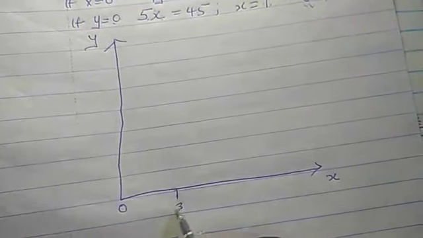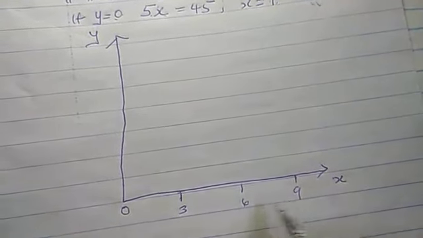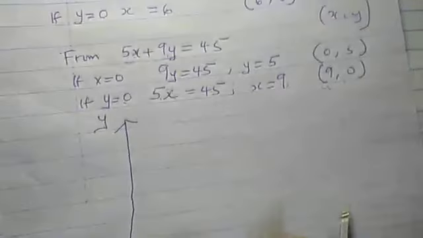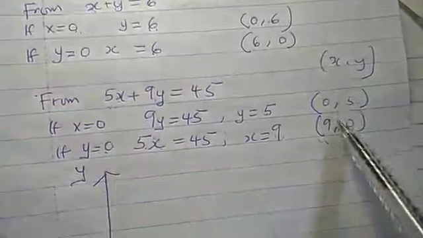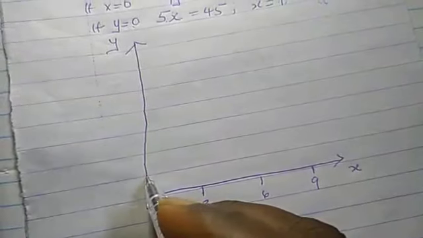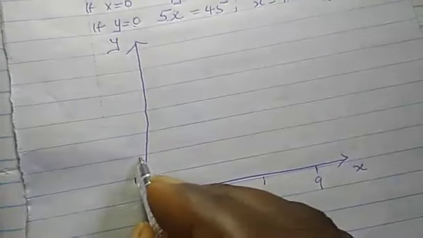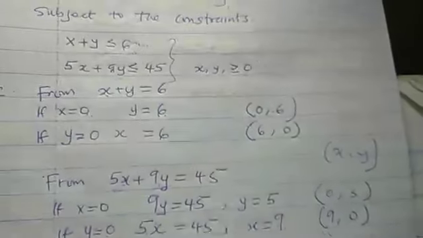This place is 0. I can say that this place is 3. This place is 6. This place is 9. At least 6 and 9 can show. Also, for y, I have 0 to 6. 6 and 5 are the values. So I can label that one to be 1, 2, 3. You label it anyhow, at least so that the 5 and 6 will just show. This is 6.